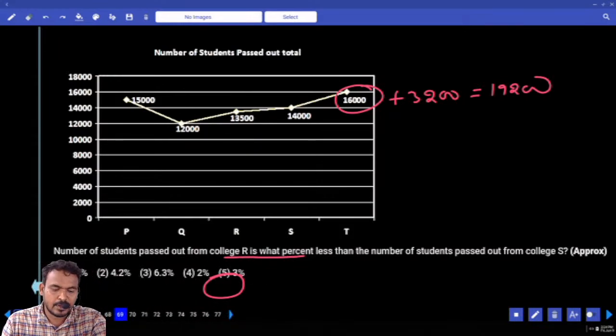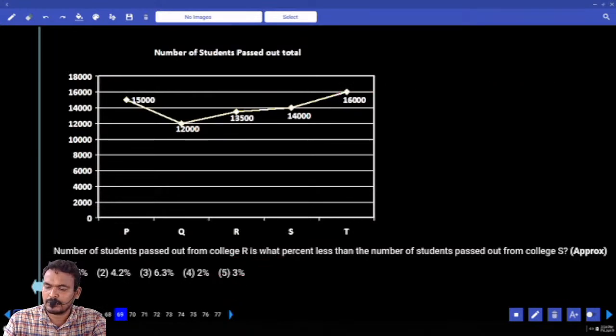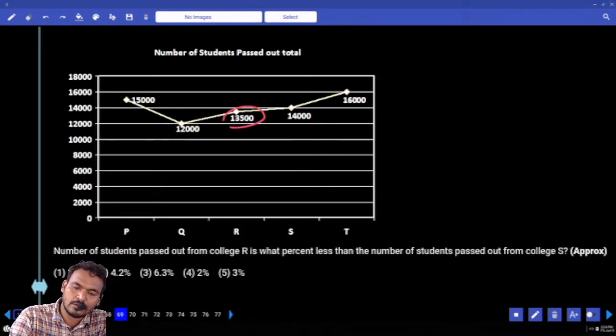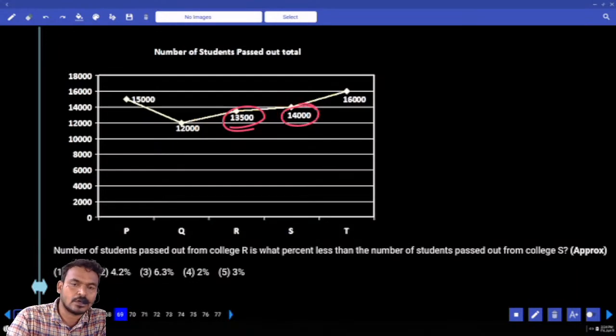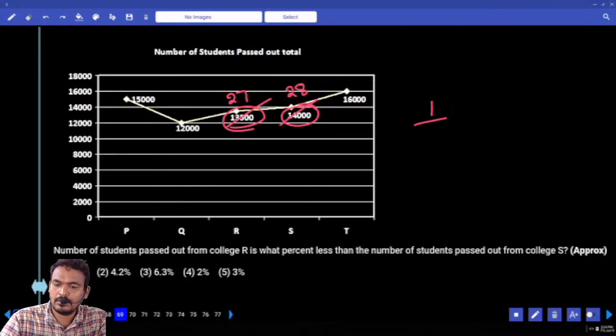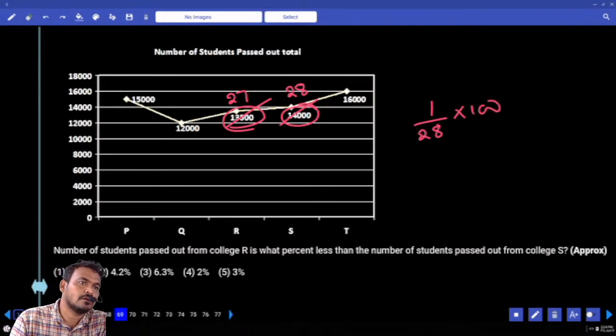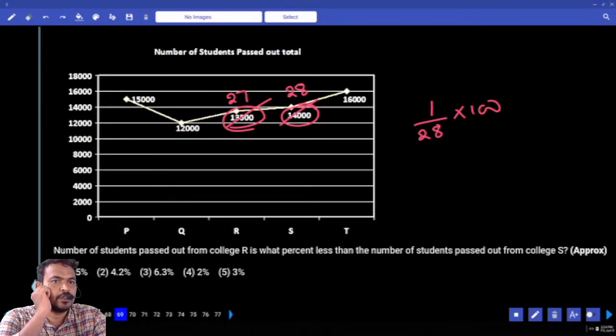69. The number of students passed out from college R is what percent less than the number of students passed out from college S? What is the R value? 13,500. S value 14,000. What is the ratio? 27 to 28. How many parts are lesser? One part, 1 upon 28 multiplied by 100. Approximate or exact? Approximate. More than 3 times or less than 3 times? More than 3 times, but less than 4 times. Then answer